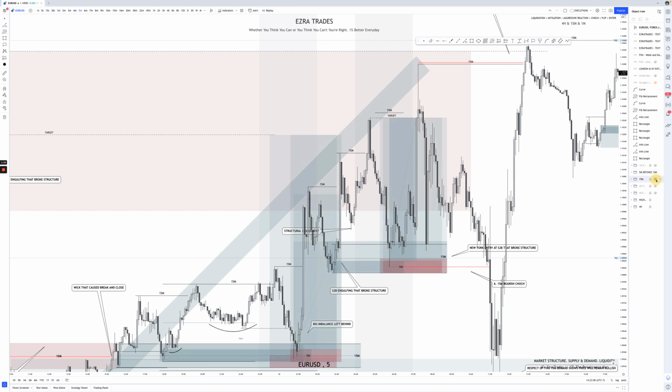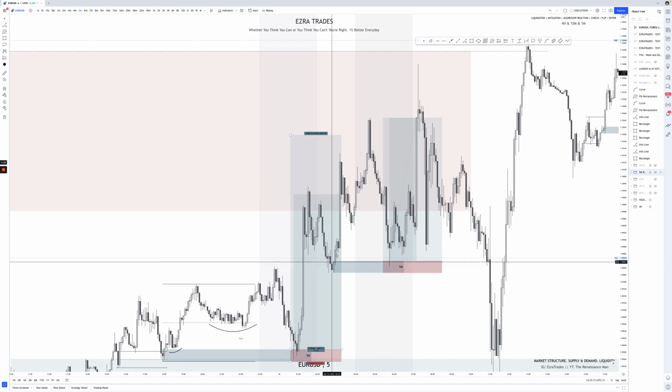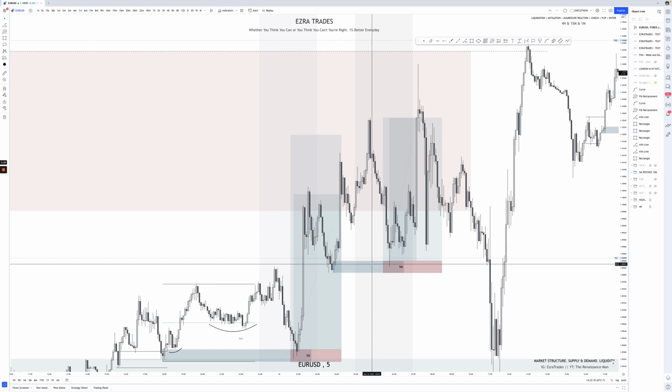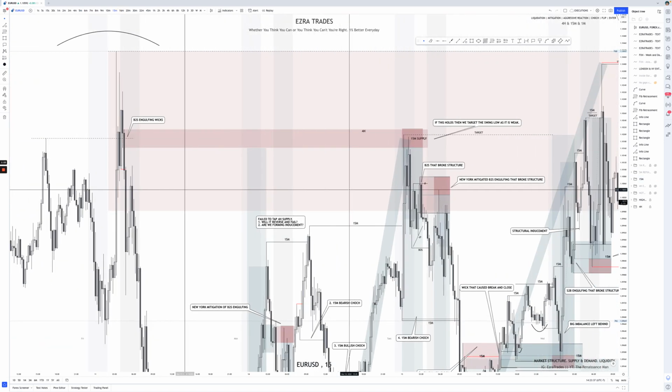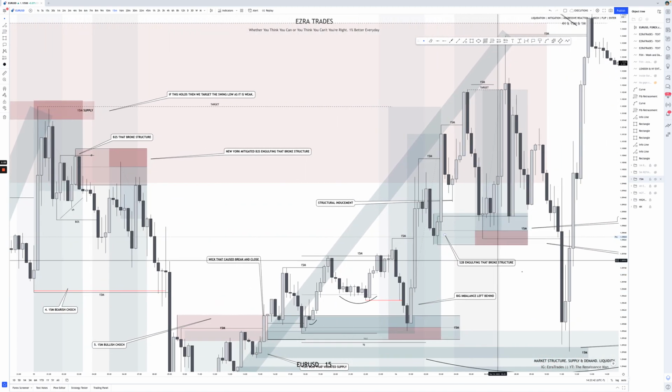What does the 5-minute entry look like? Relatively the same. In this case, maybe someone would have set limits on this one. This one would have been better. Here we have the extreme that we got a reaction from, 11.97R, 3.4 pip stop loss, slightly better run, almost 12R versus almost 10R, not a big difference. In this case, the 15-minute probably would have been a little bit easier for someone to spot, considering that it was taking a trade at the EQ, and it could have been a little bit more confusing to refine to